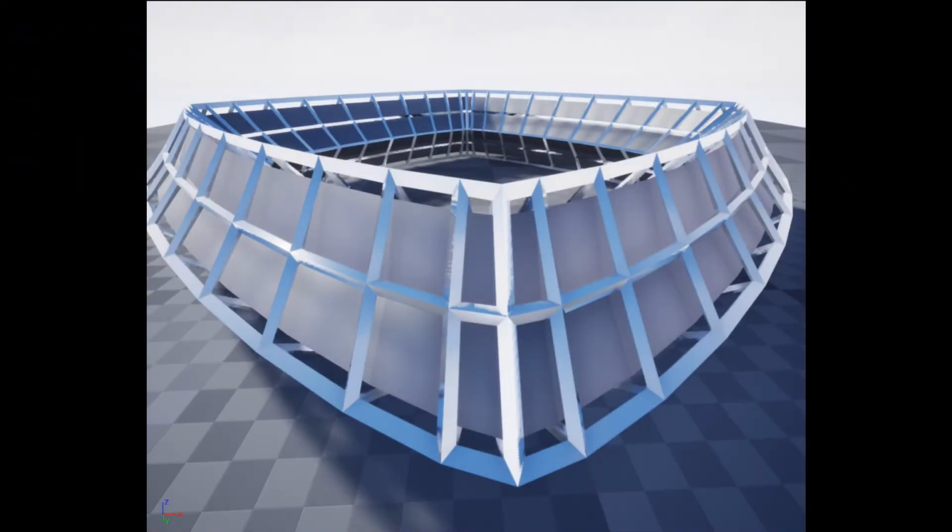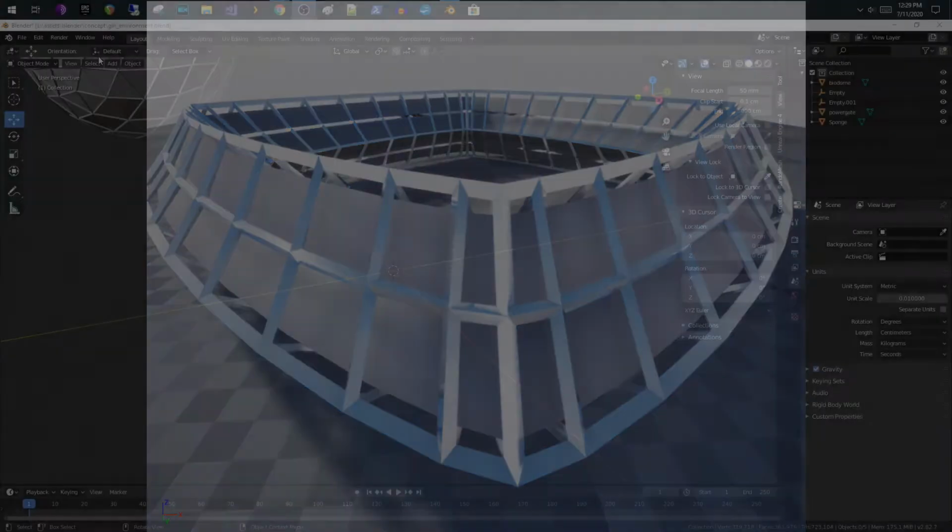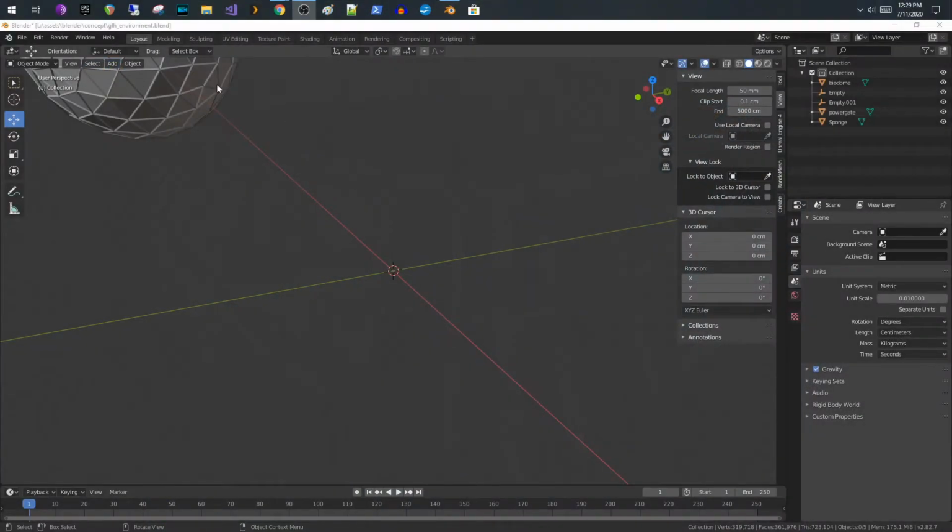Hey everybody, today I'm going to show you how to create easy sci-fi rooms in Blender, export them, and then import them into Unreal Engine. So let's get started. First thing I'm going to do is open up Blender. I'm using 2.8. I'm going to go ahead and add